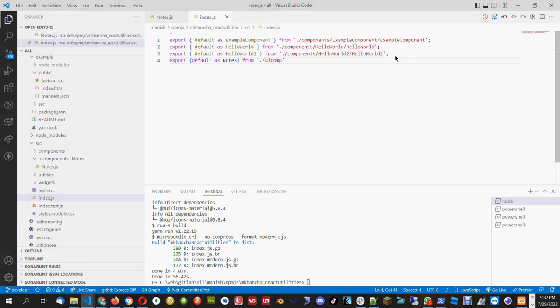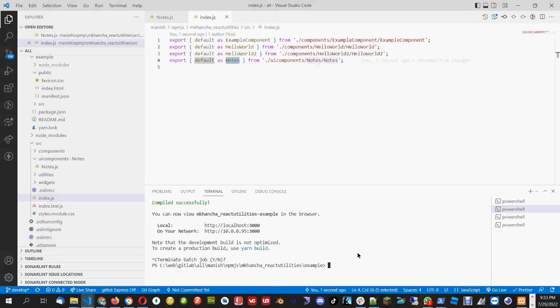UI components. Why is it not showing? UI components, then notes, and inside notes we have notes. Okay, so I'm exporting this notes, and I will try to get it in the